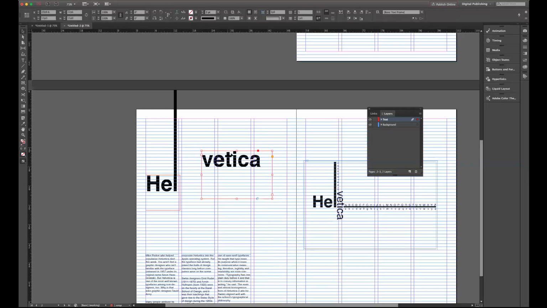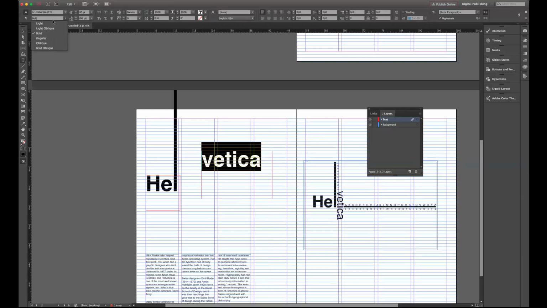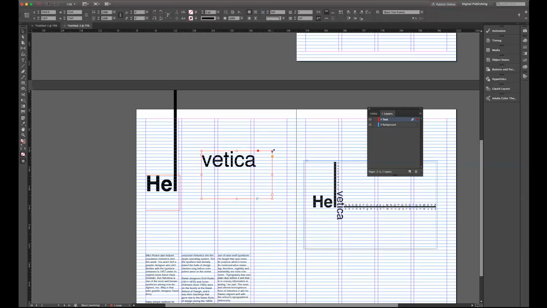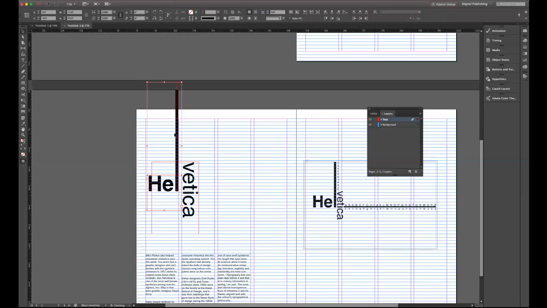There we go. This one I'm going to change to a regular. I'm going to rotate it. And I don't want to go over my baseline grid, or sorry, my gutter here.